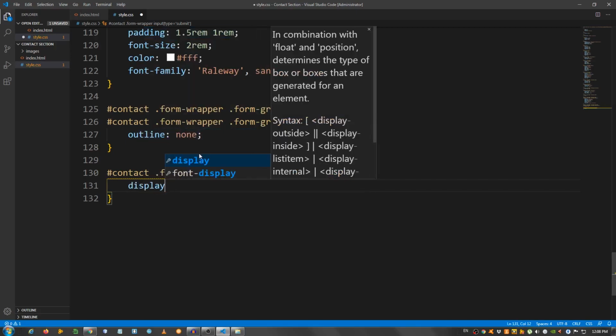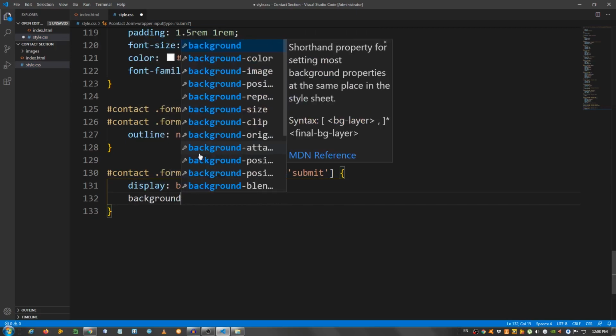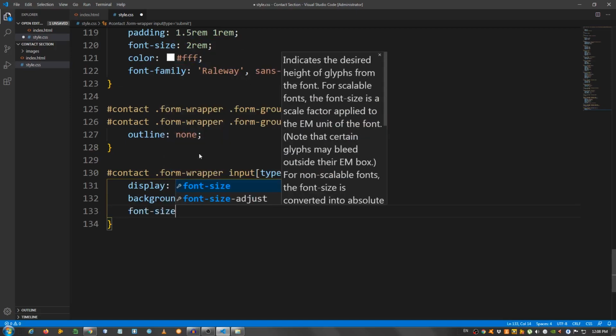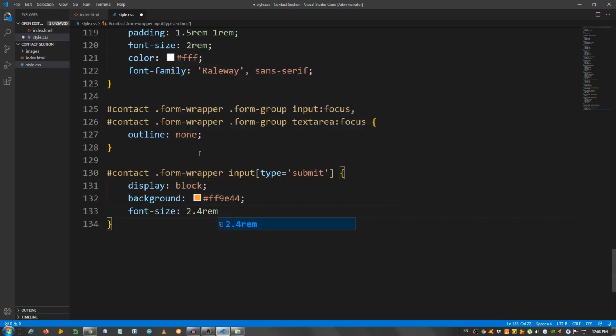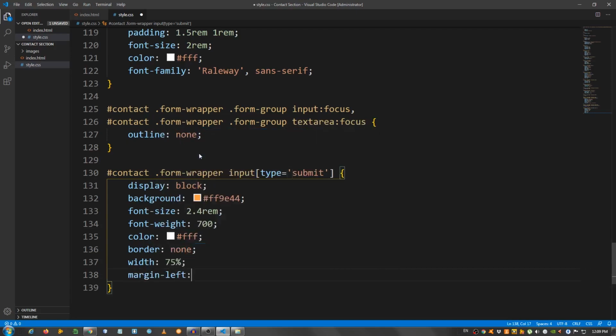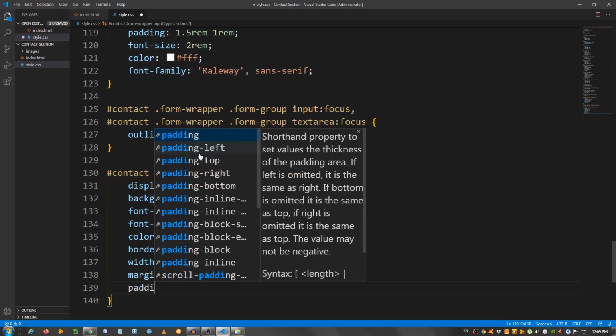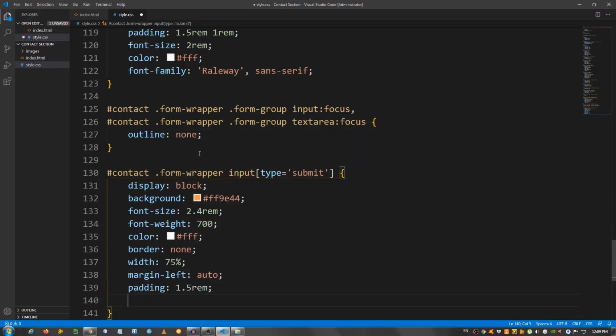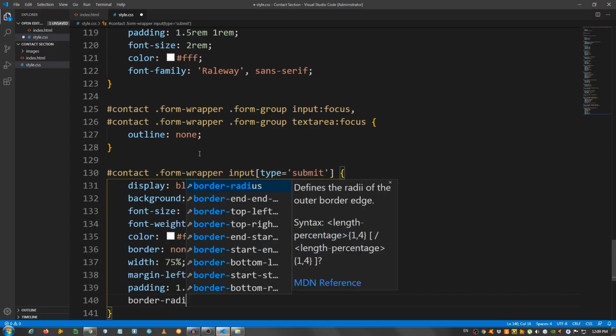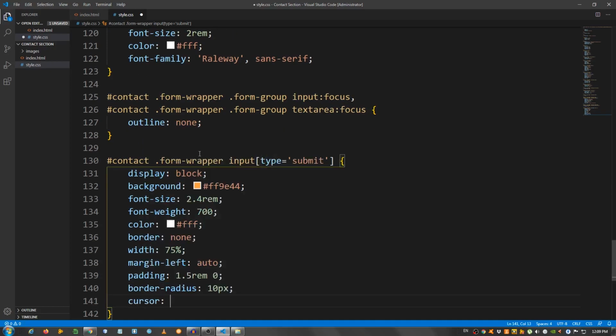I'm gonna say display block, background, use that orange color, font size 2.4 rem, font weight 700, color white, border none, width 75%, margin left auto, padding 1.5 rem on top and bottom, and 0 on left and right, border radius 10 pixels, cursor pointer,